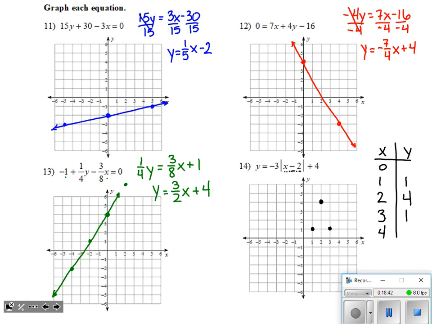And if I plug in a 0, I get -3 times 2. That's -6 plus 4, which is -2. And of course, the same thing would happen if I plugged in a 4, because it would make that absolute value also output a 2. So let's see, (4, -2) and (0, -2). And we see our points lining up beautifully to set up this absolute value, the V-shaped graph that those produce. 2 lines that have a vertex, or 2 linear portions that have a vertex.